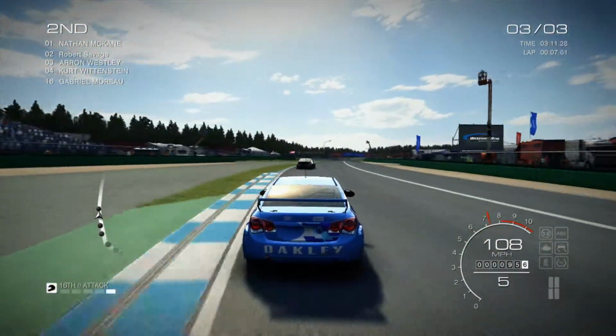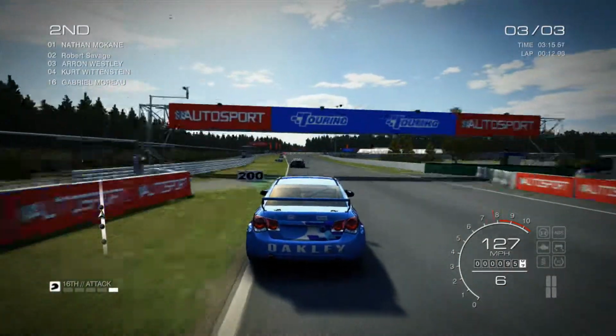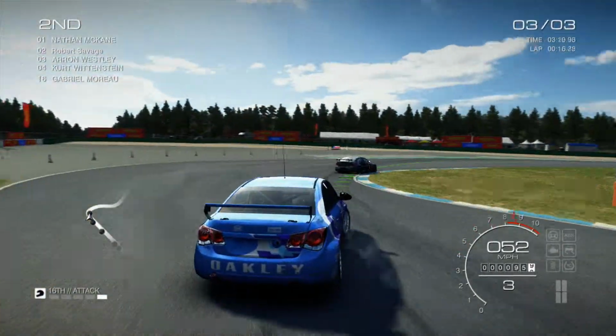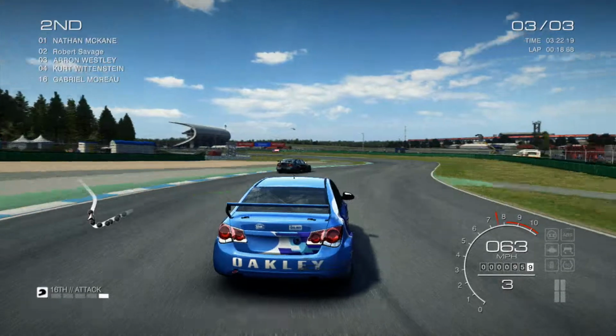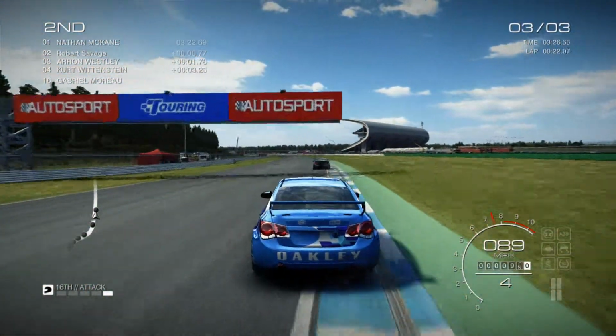We've slightly track extended there, but it has helped us a bit actually. Kurt Wittenstein is still in 4th, our teammate is still in last despite me tempting him to attack. This is going to be a crucial corner, I think. We've taken it a lot nicer than McCain, and we could potentially challenge for the lead here. If we get a good run down the straight, it's going to have to be